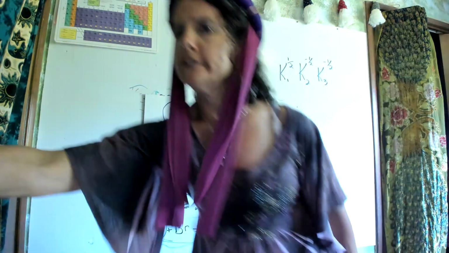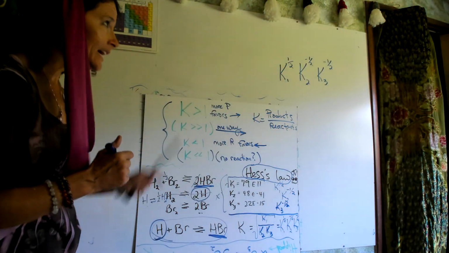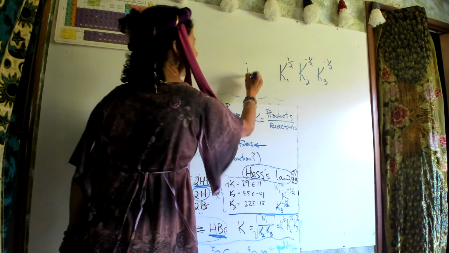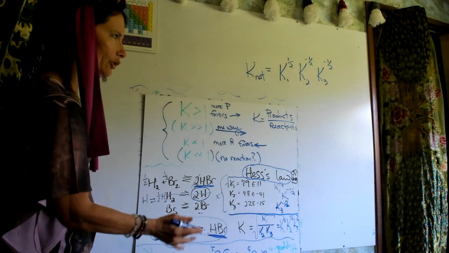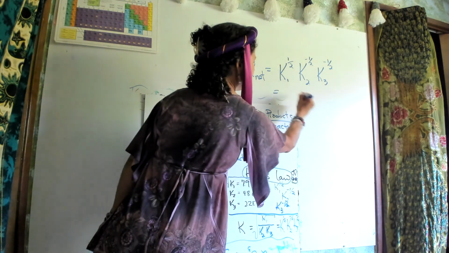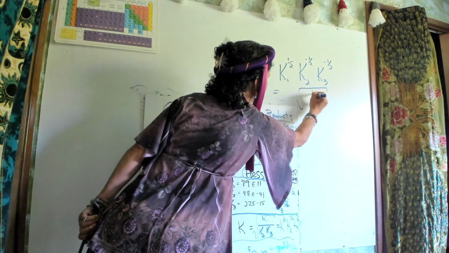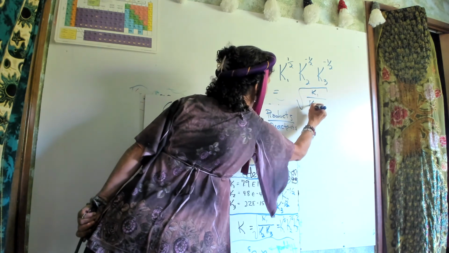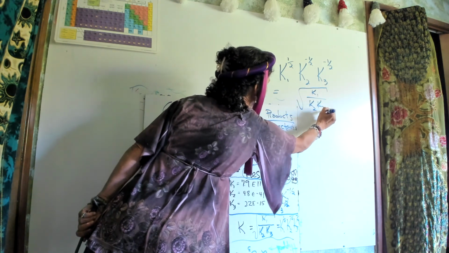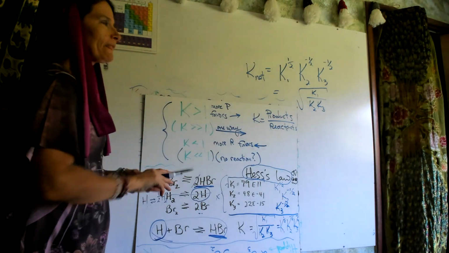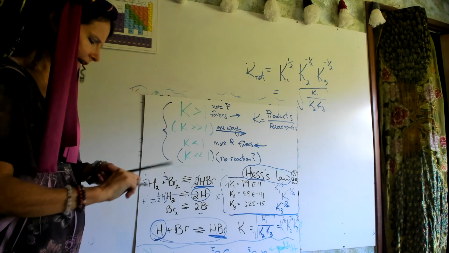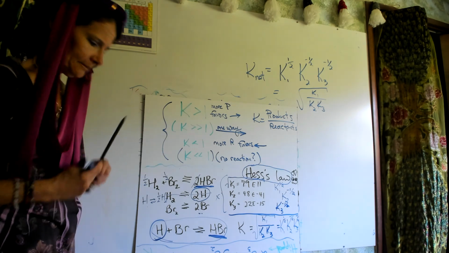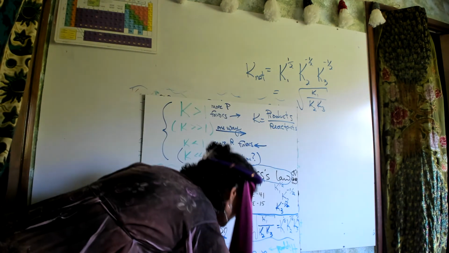Turn off my glare, get out of my shadow. That's what our K net was. You're multiplying all the K's together, or you can write it as a big square root, K1 over K2, K3, all multiplying. So negative exponents mean they become the denominator. They were all to the 1/2. And that, my friends,